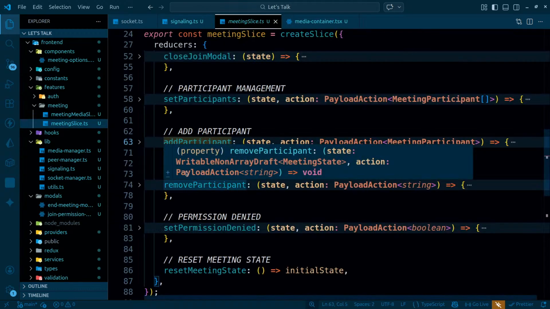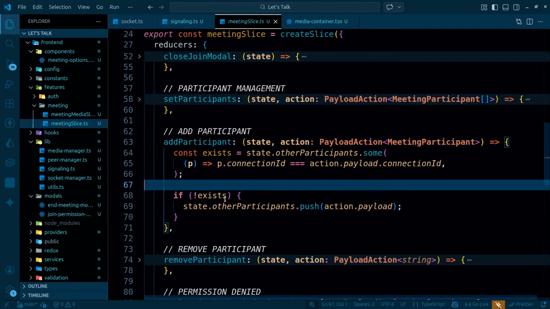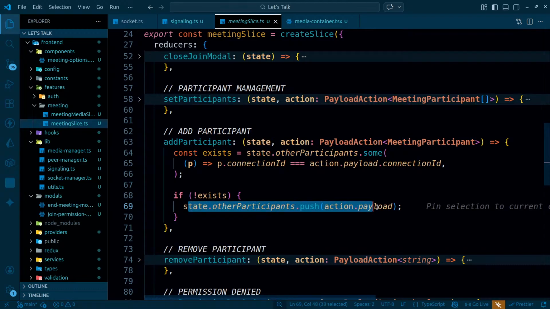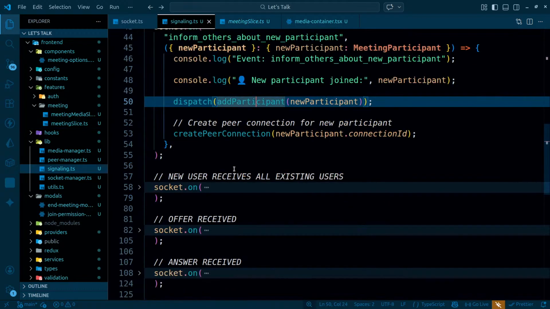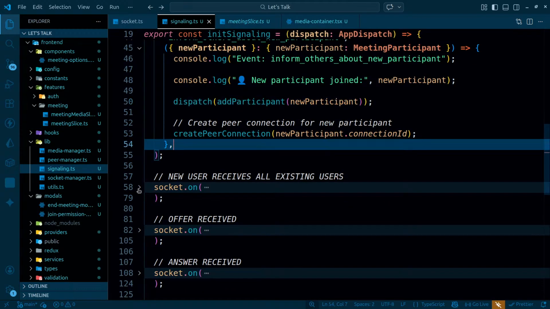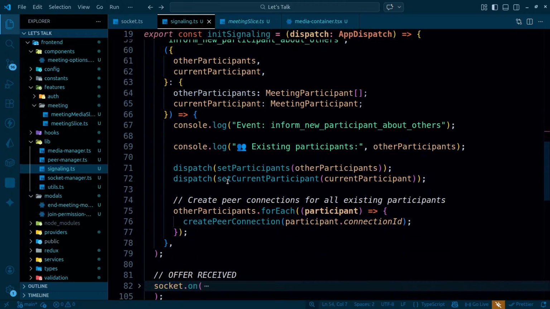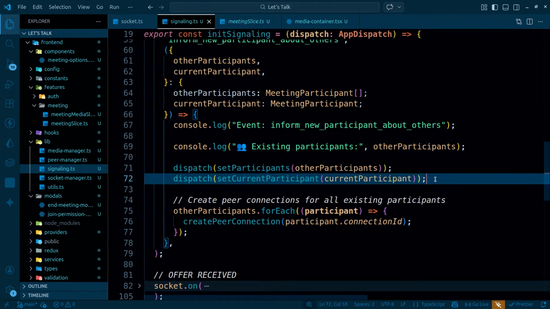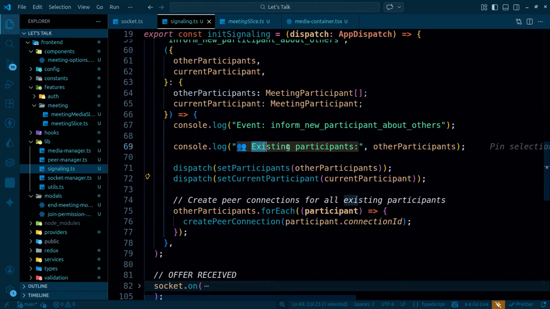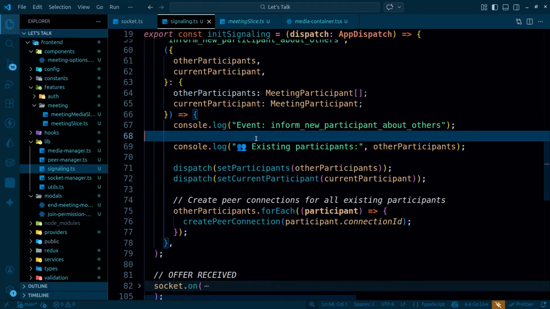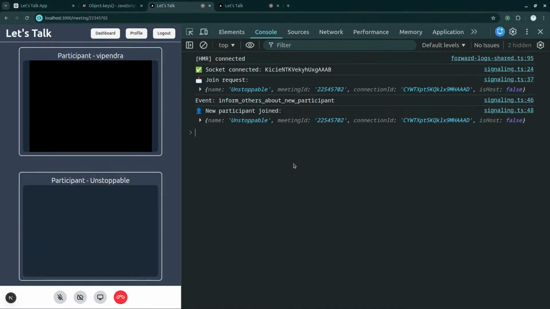So set other participants and push, as simple as that. So other participants are added, and I'm only setting the current participant in this particular section. Whenever inform new participants, existing participants I get, this is never ever getting triggered. So inform others,